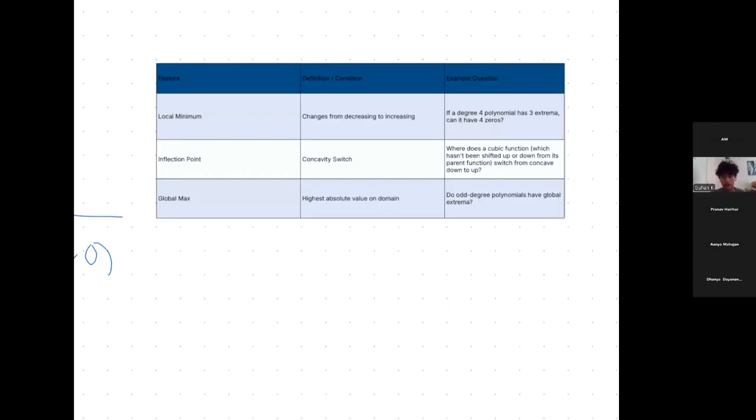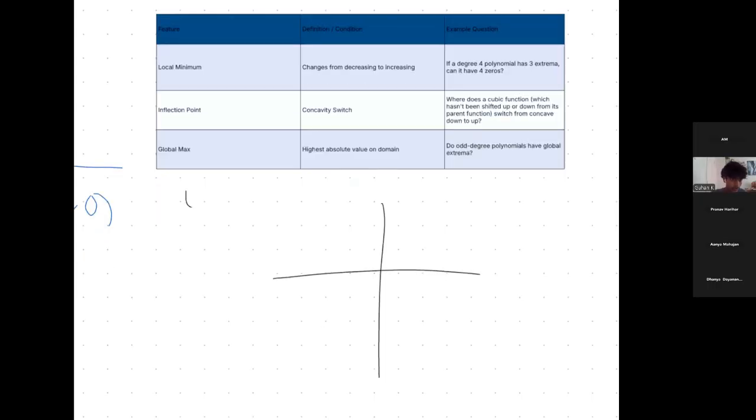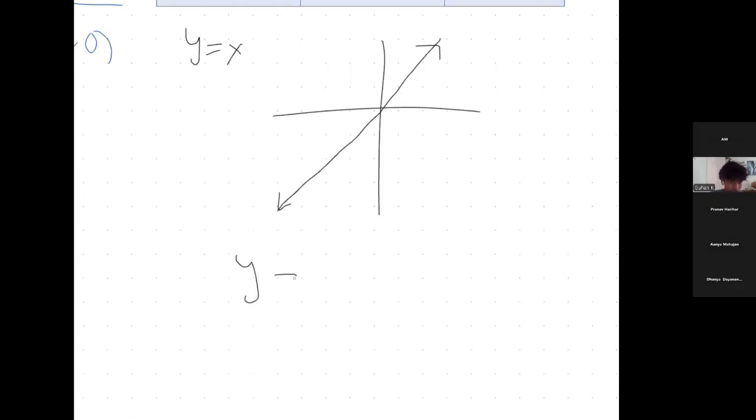Because if you think about any odd degree polynomial, let's look at just y equals x. It's going to start at negative infinity and then go to infinity. And the thing about odd degree polynomials is that as x decreases, whether y is going to negative infinity or infinity, when x increases, it's going to do the opposite. So it's going to go to infinity or negative infinity, which is correlated. So look, here y equals x, and if we look at y equals negative x cubed, for example, it's going to be